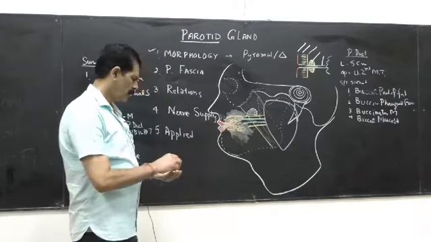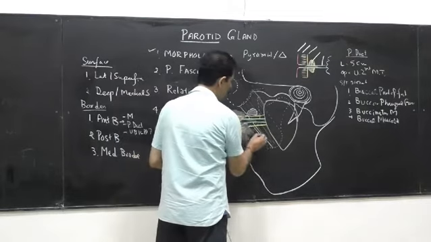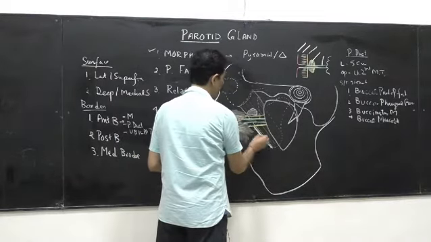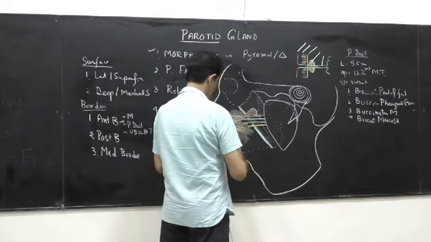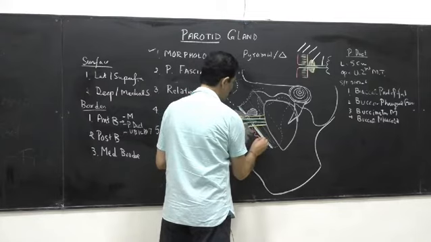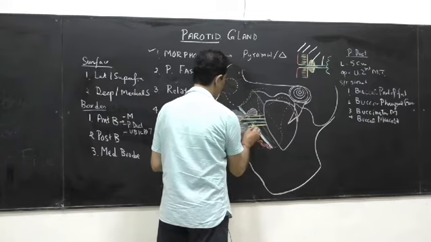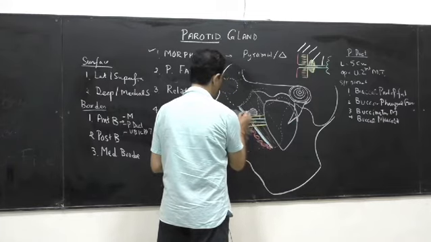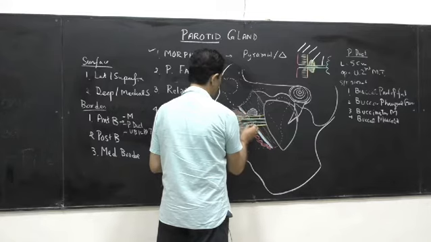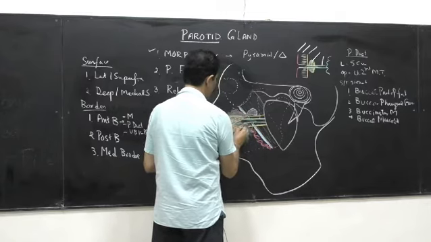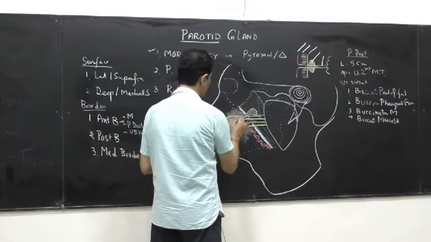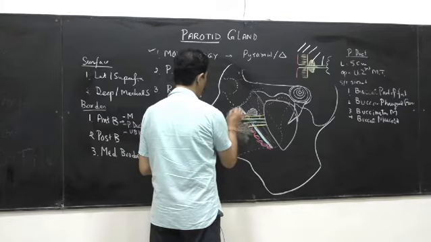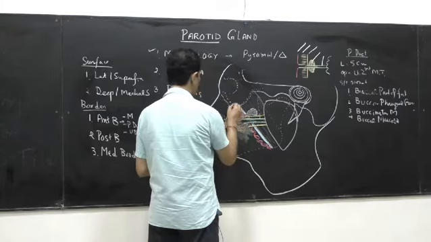Now below this duct and anterior to the masseter muscle, what lies here? The facial vein. And anterior to the facial vein, what lies? The tortuous facial artery. So you can include this in the relations. Below the duct passes the inferior labial branch to the lower lip, and the superior labial branch supplies the upper lip, and the buccinator muscle branches are the upper, superior labial branch.